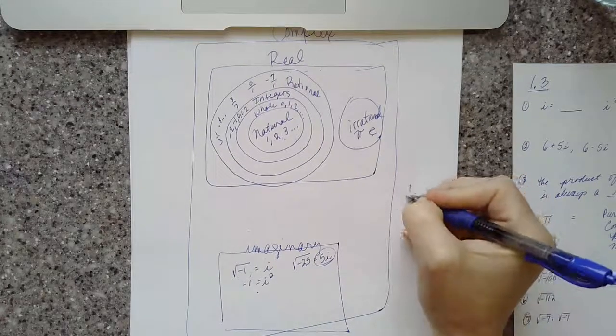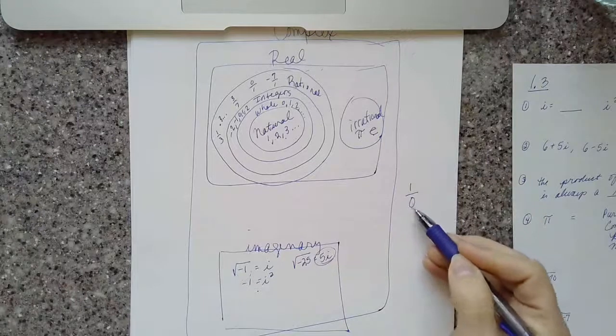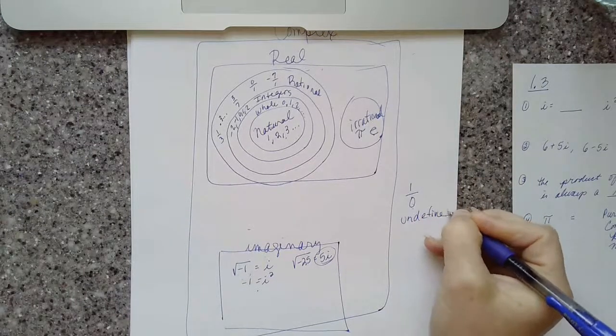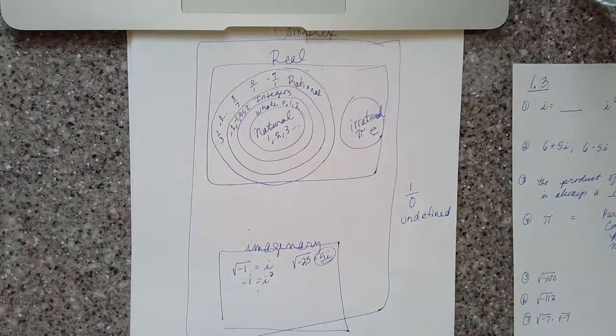When you put 0 in the denominator, that is undefined, outside of any of our categories. It's undefined in math. It makes no sense to divide by 0. And if you try that on your calculator,